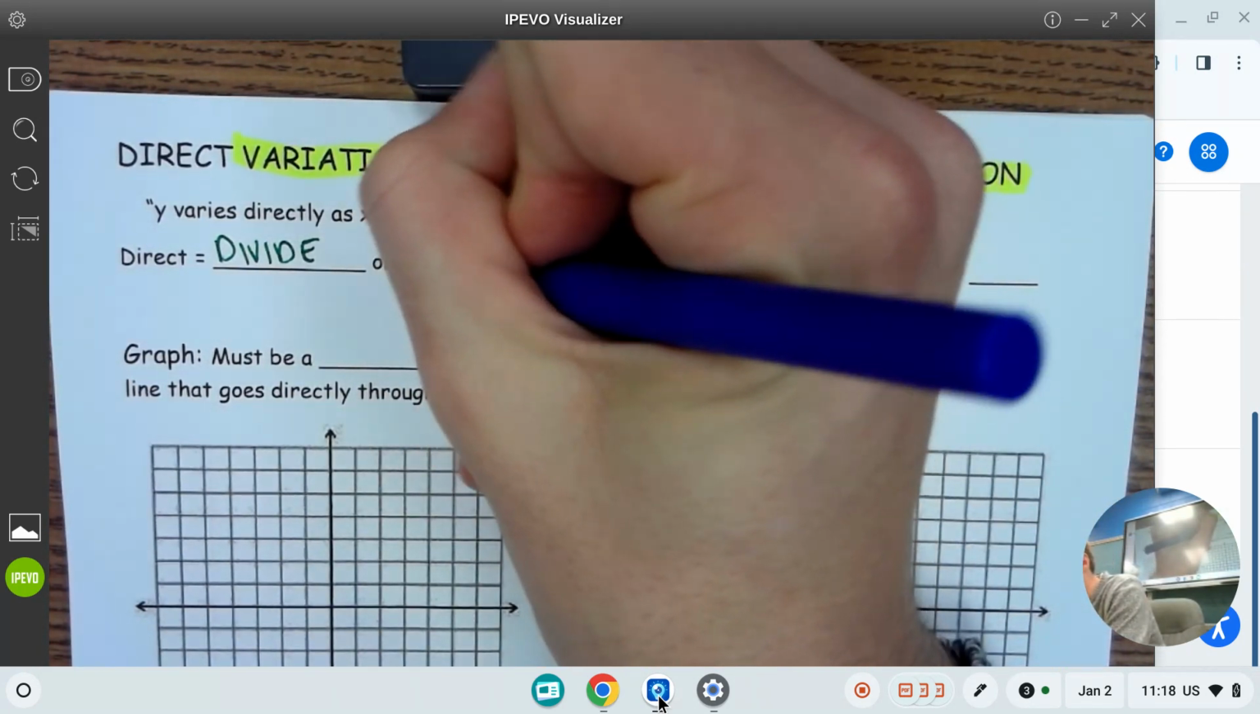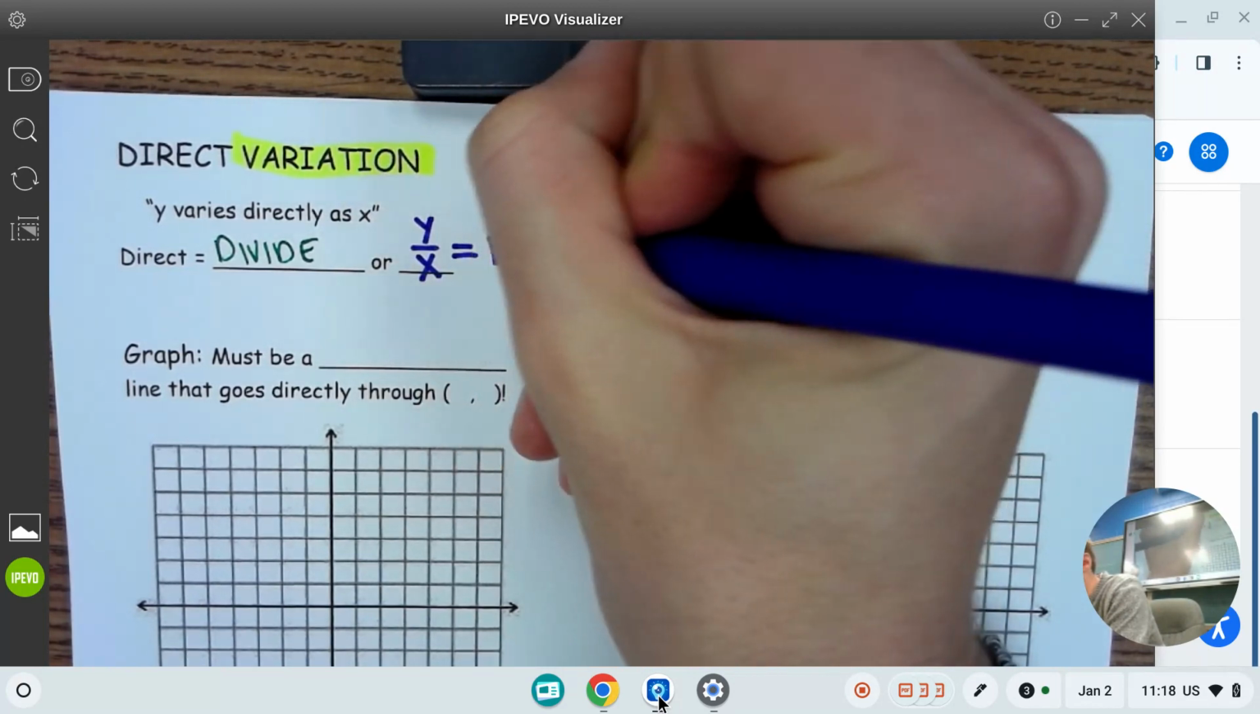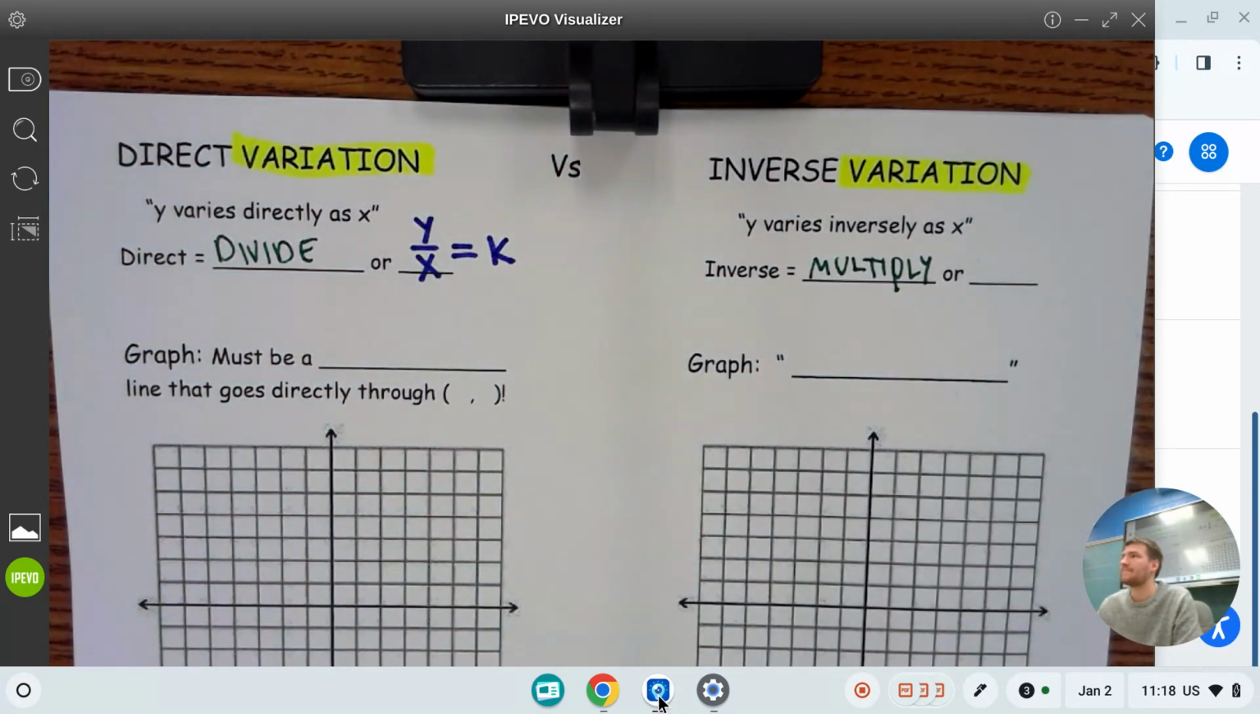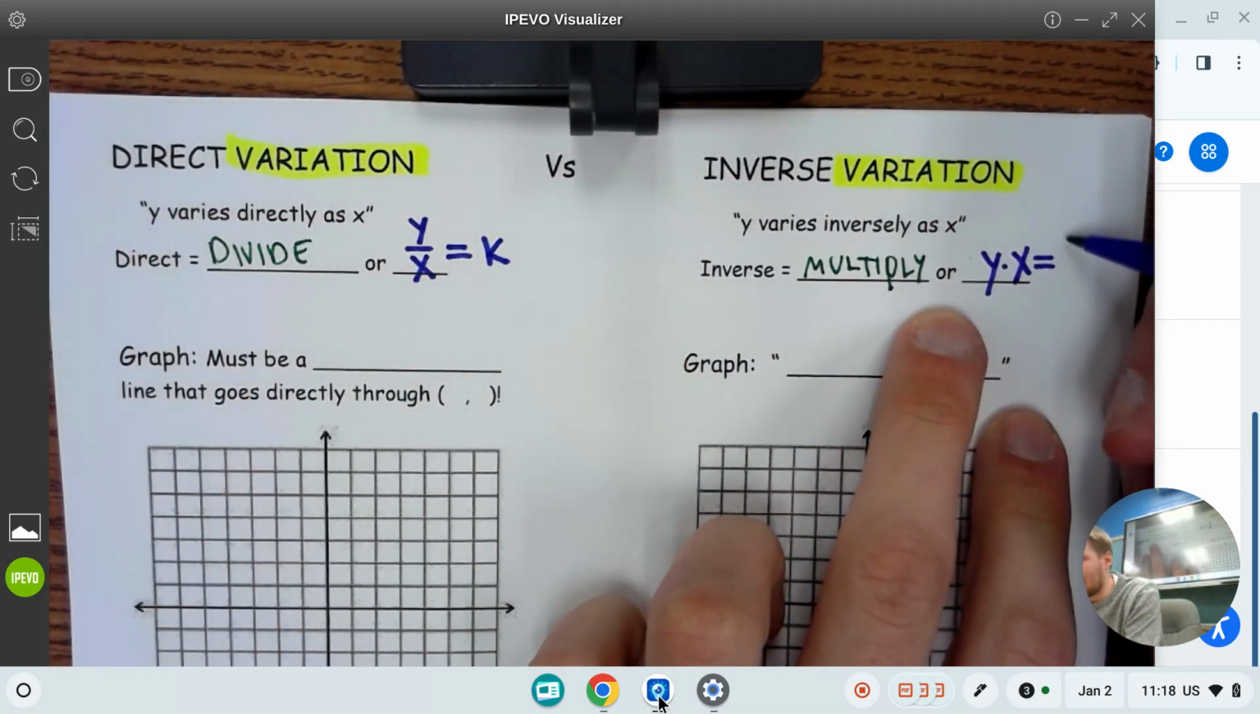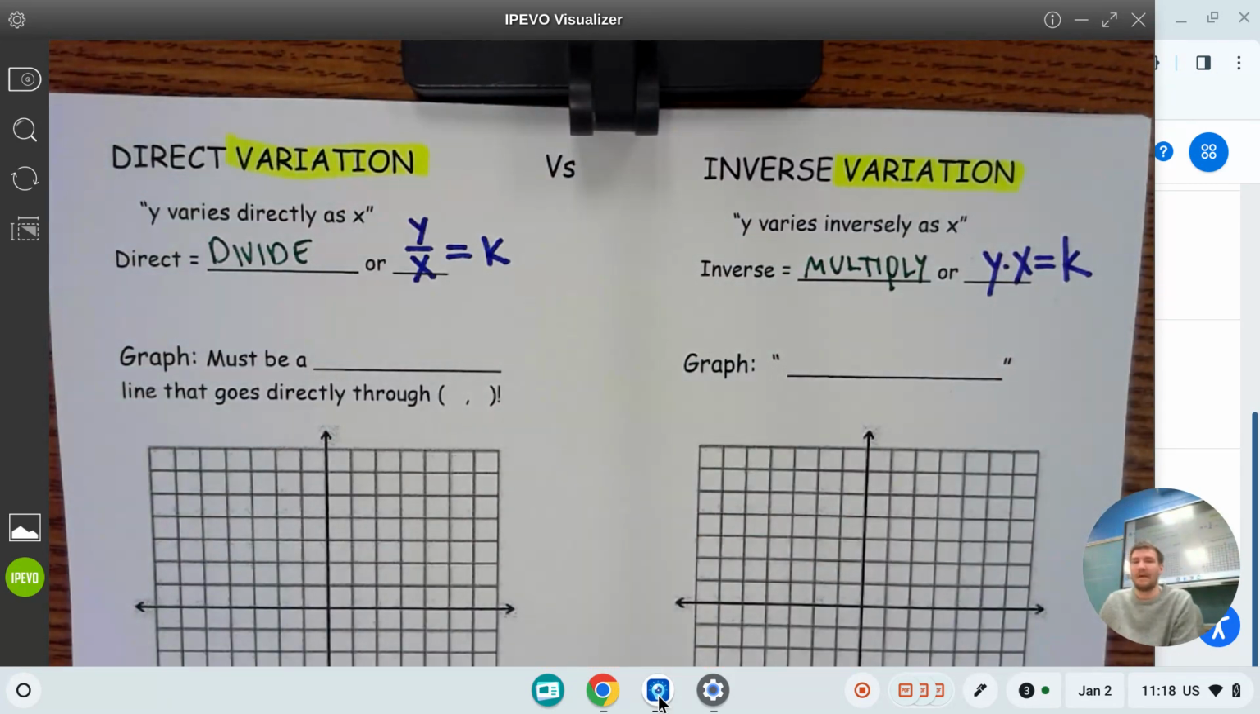We have y divided by x equals k. Over here we have y times x equals k. You might be thinking for yourself,